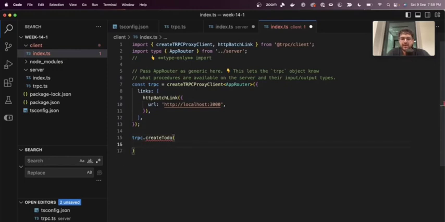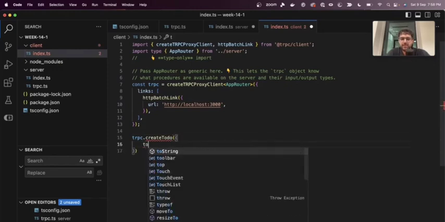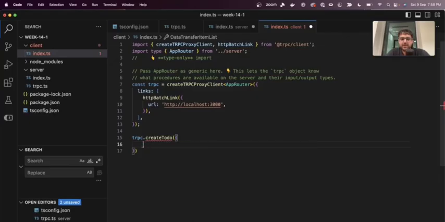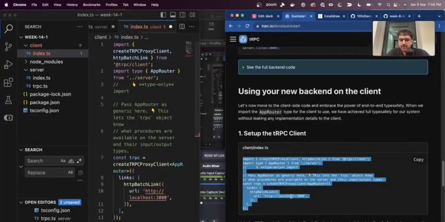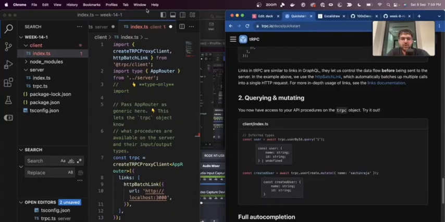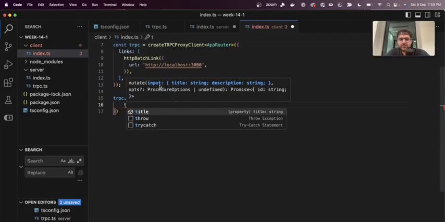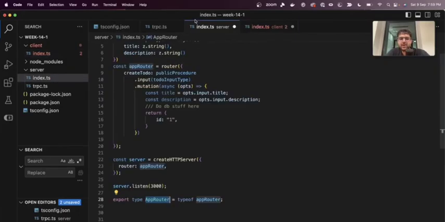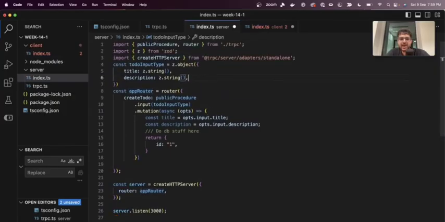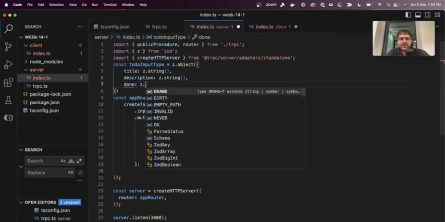In fact, if I do a createTodo, if I type title here, or maybe it's something else, let's see. Querying, dot mutate, correct. If I do trpc dot createTodo dot, it gives me a mutate function. If I call this, it will also tell me what is the input: title string, description string. If I go here and change this and add a done variable, which is z.boolean,